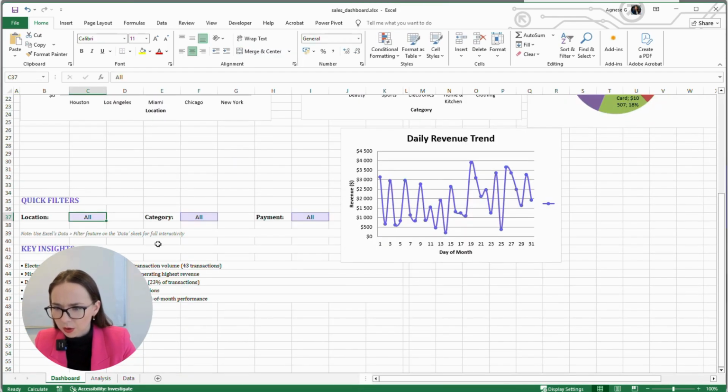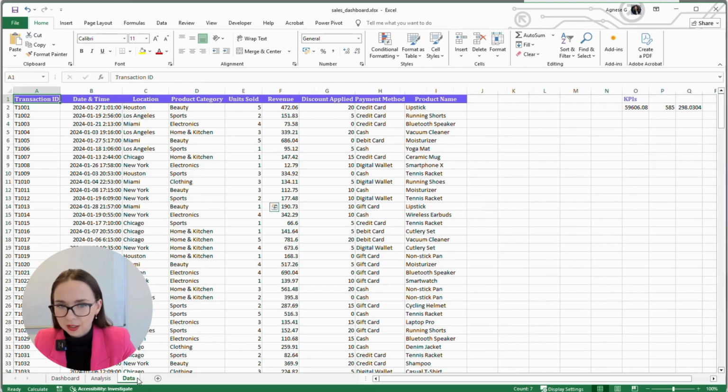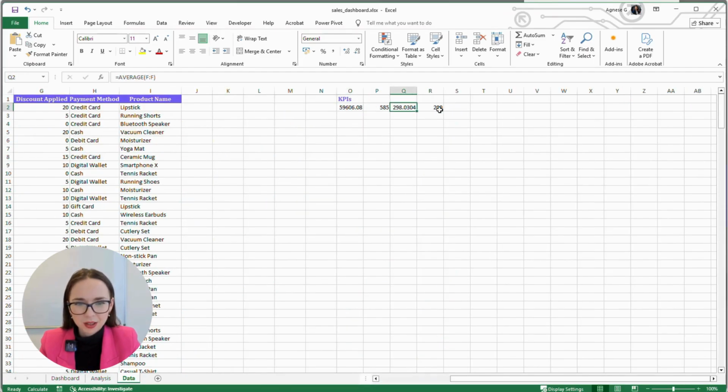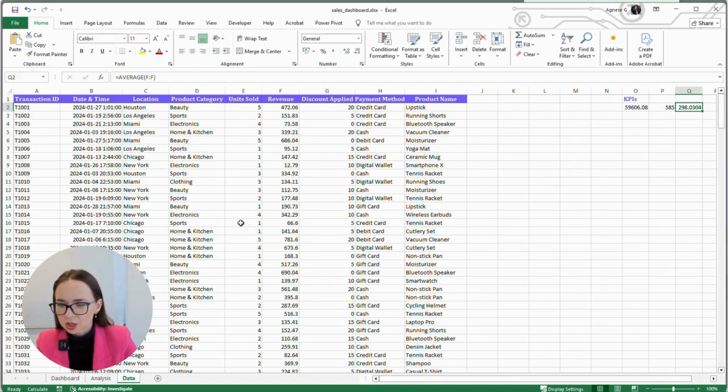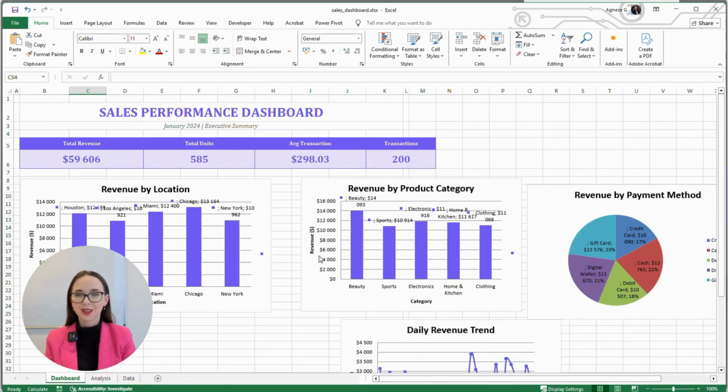Okay, so key insights. What do we have in analysis? Total revenue. Okay, so these are all interactive formulas, so that's nice to see. Yeah, and here, okay, so here is all the table that he actually created a bit prettier. And here are also KPIs. I have a feeling that he didn't finish something here, but overall, I really like the first dashboard,